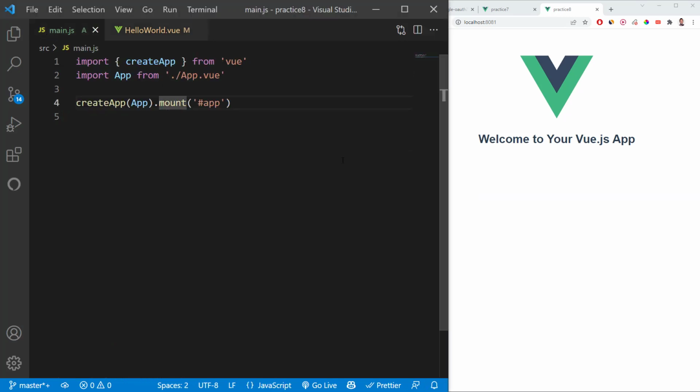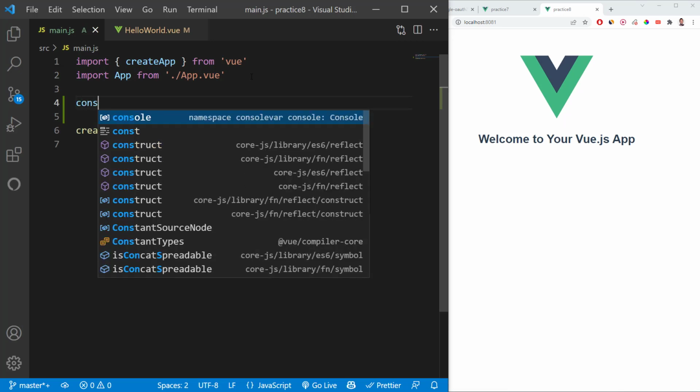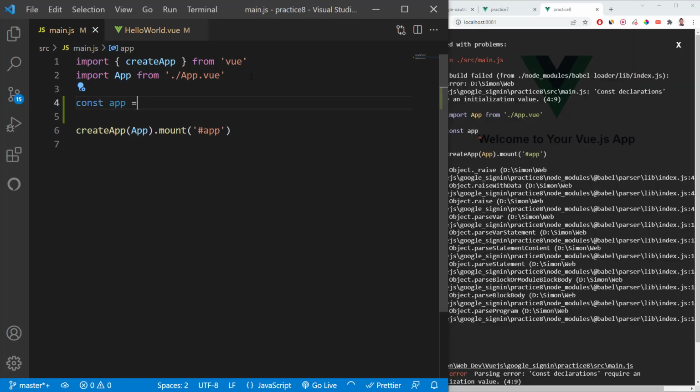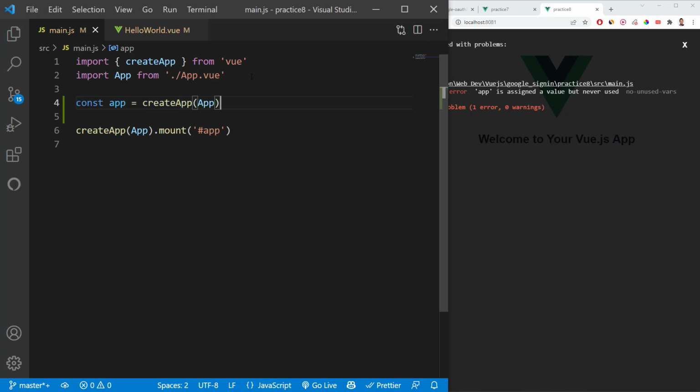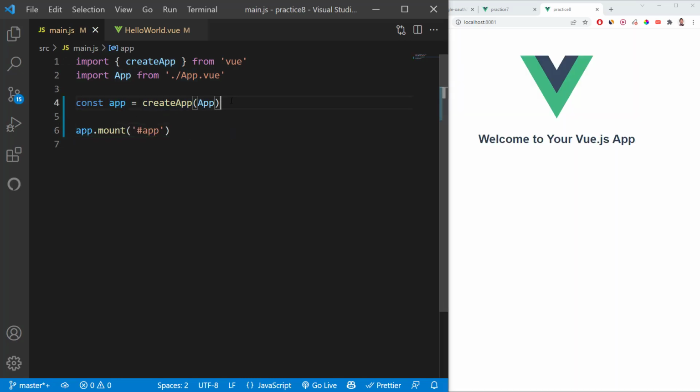So go to main.js, and the first thing we're going to do is create a constant app because we're going to use this multiple times. We want to create it in one place and use it twice. So create the constant app here and replace the createApp here with app, so it references the same createApp both times. Otherwise you'll get an error if you don't change the mount app reference at the bottom. And then we're going to import GAuth plugin from